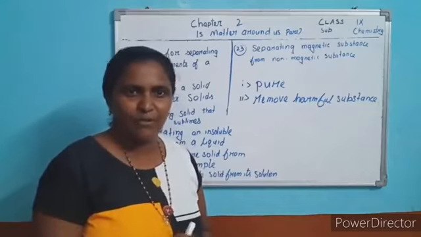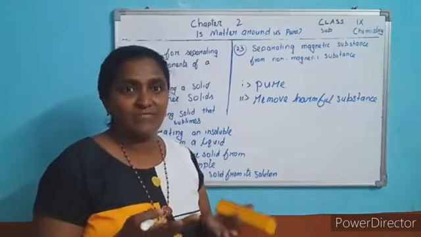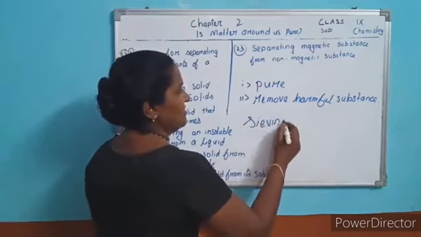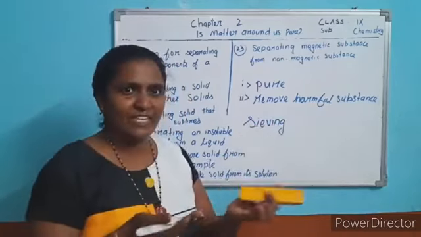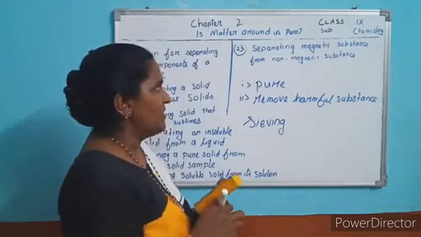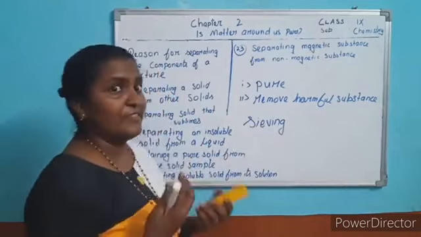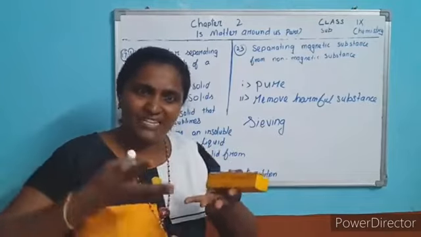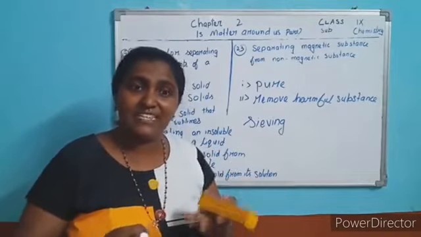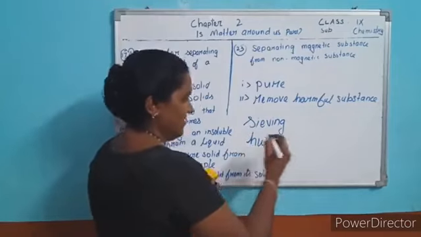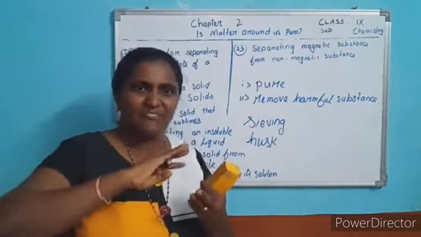Sugar is a fine powder. We can go for sieving. Yes, what is sieving? With the help of sieving, we can remove the undesirable substance. And suppose one is lightweight and one is heavy, for example, rice with husk. What is husk? You know, the skin, the covering of rice.